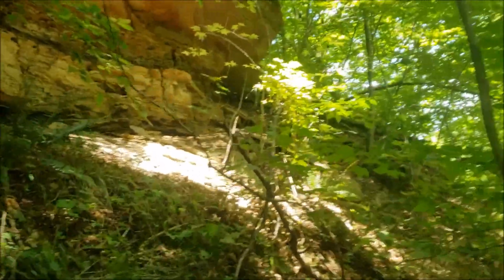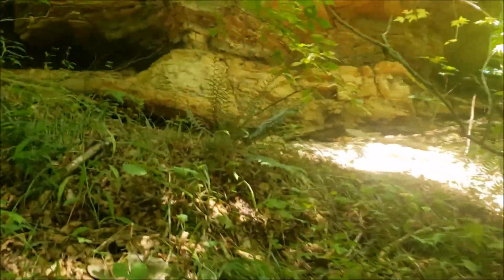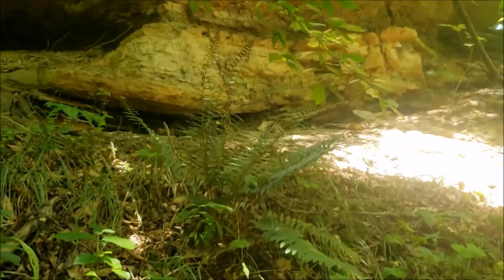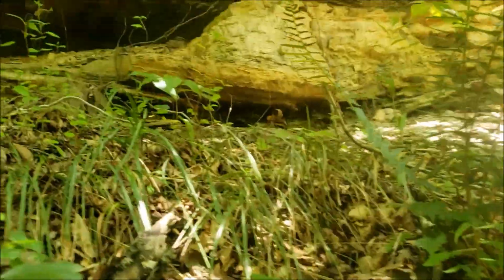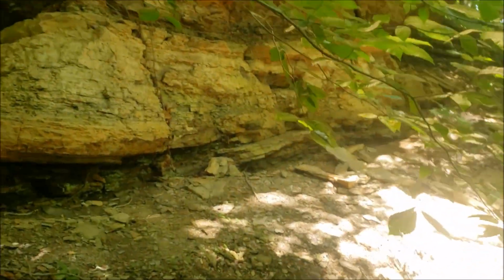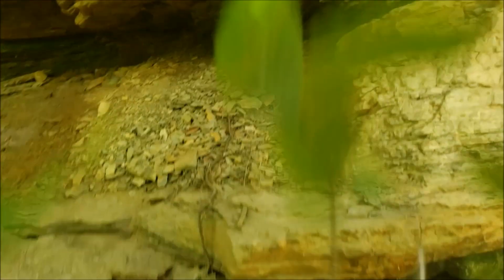Wish the kids could have seen this. This would have given them a lot more interest in the property, I bet. Yeah, it's no cave, it's just an outcrop. But with some clearing and cleaning up those saplings and stuff, this would definitely be a good spot for